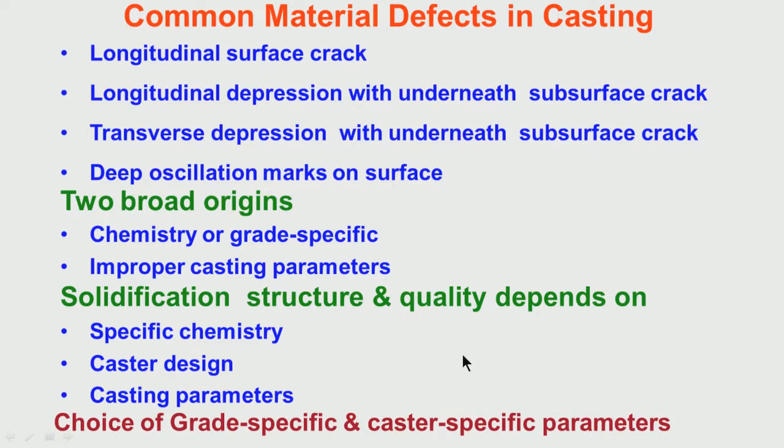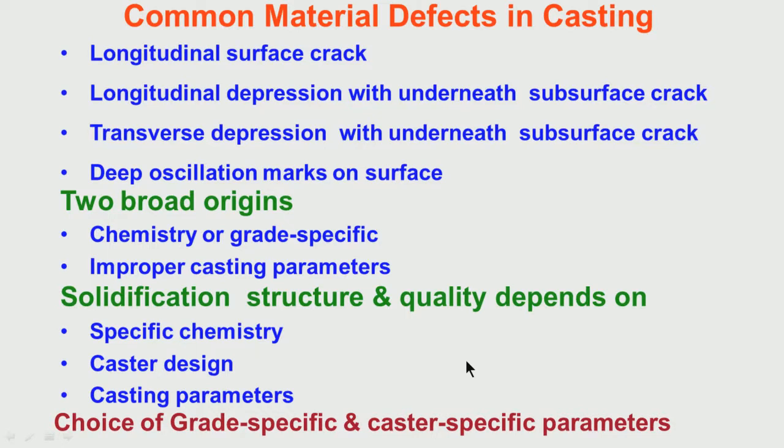So, you have to give some taper, that means at the bottom of the mold the distance between the two plates, the broad surface of the plates, will be slightly less than what is given at the top. That is called taper. So, casting parameter means mold taper,